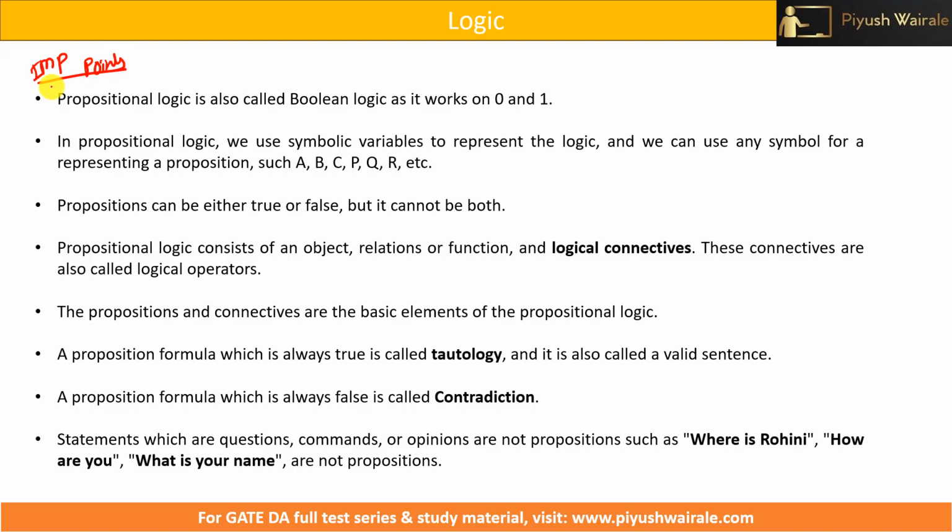Okay. So the first thing is that propositional logic is called Boolean logic, as it works on 0 and 1, right? That is what we have discussed. 1 stands for true and 0 stands for false, right? In propositional logic, we use symbolic variables to represent the logic. We can use any symbols for representing propositions, such as A, B, C, D, P, Q, R, right? So we can use any alphabet or any symbol to represent a particular sentence, and based on that we can